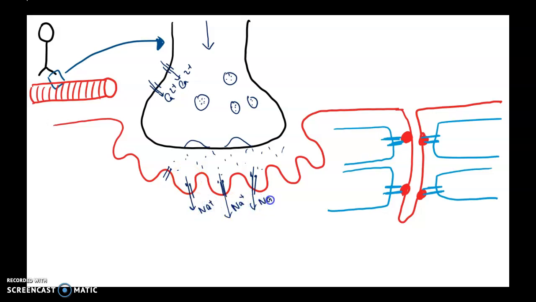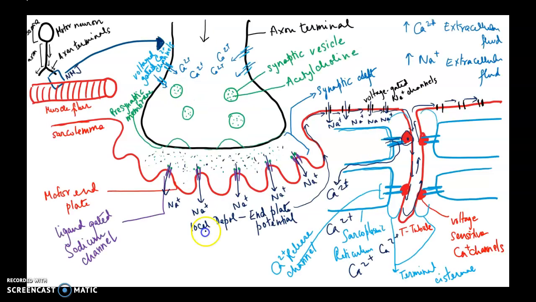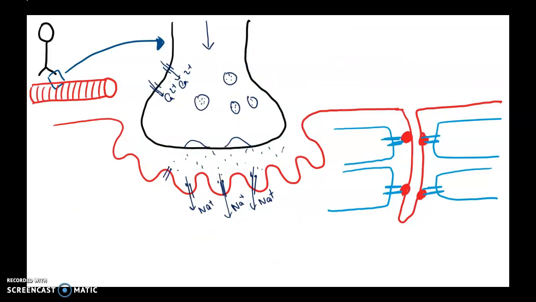Sodium brings in positive charge, which results in local depolarization of the membrane, or to be precise, we will say that as sodium comes in, there is local depolarization of the motor end plate, leading to a state called end plate potential. If the motor end plate area is depolarized enough, the end plate potential gives rise to an action potential that sweeps across